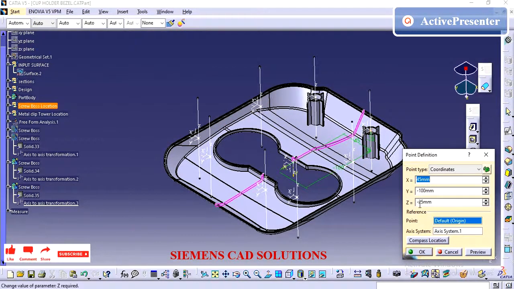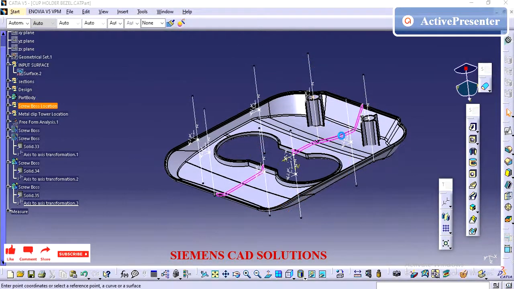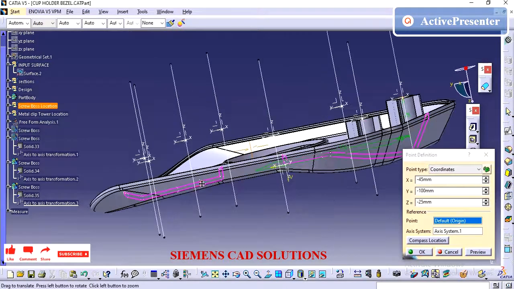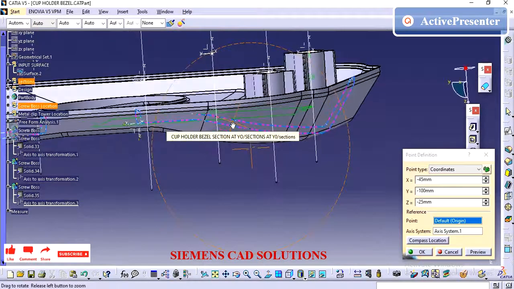So here we are going to have the screw bosses on all four corners. The reason this small part has more attachments is that it is in the user interface area, so it will have more contact with the hand of the passenger.